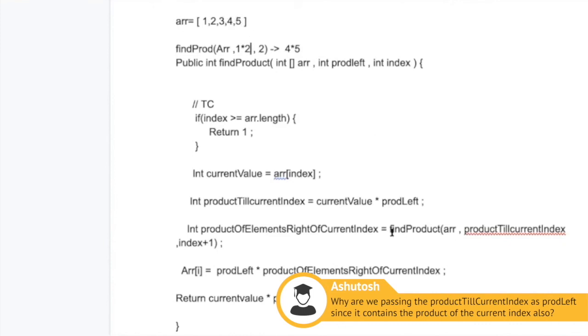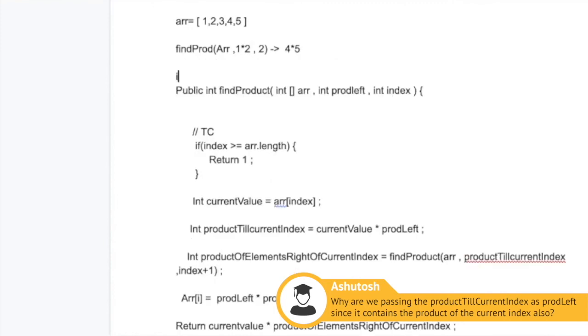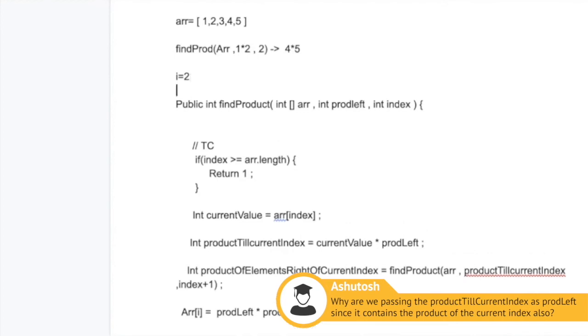So why I did it here is that for a given position, suppose i equals 2 is the position which I have passed here, I am interested in this, right? So array[2] should be equal to the product of all elements from 0 to 1 into the product of all elements from 3 till n, right?